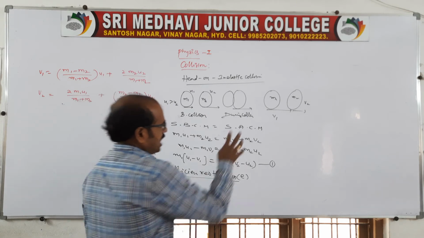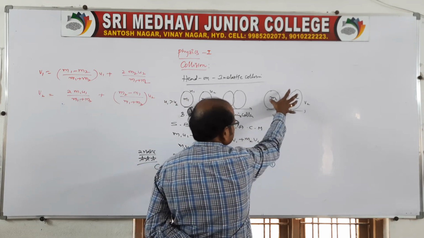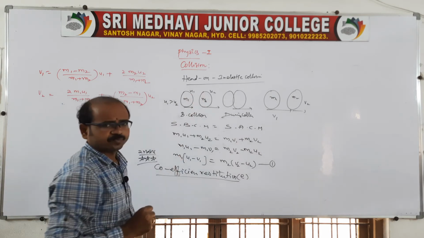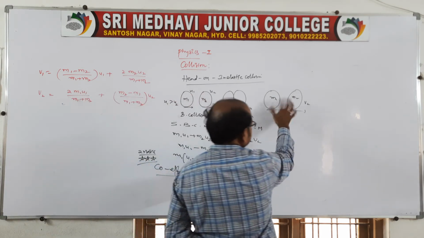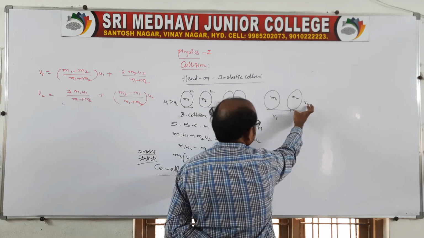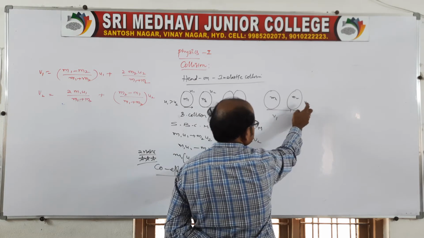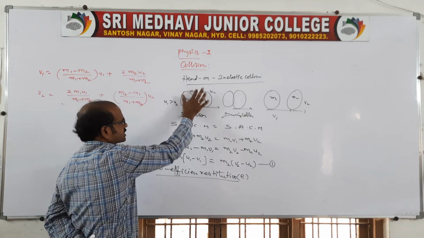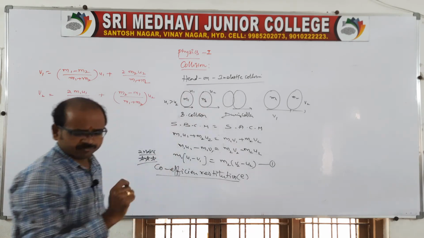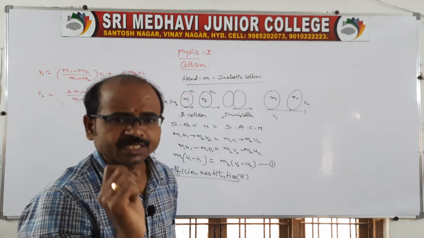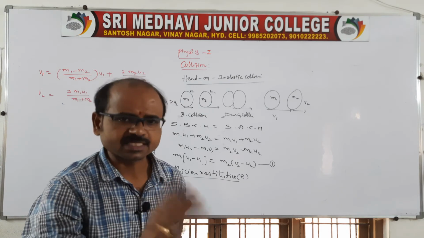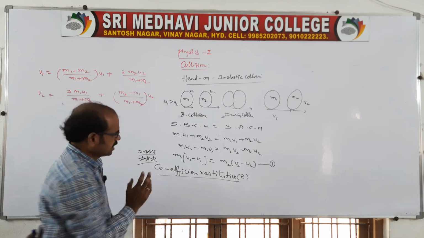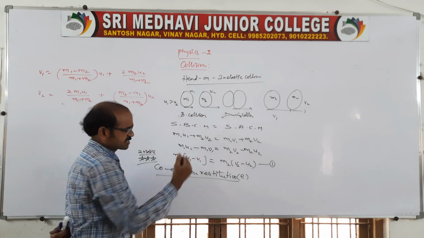See, after the collision, the two bodies are separating, and before collision, the two bodies are approaching, and there is a relative velocity between the two bodies. After the collision, the two bodies are moving with the different speeds v2 and v1, and before the collision, the two bodies are moving with the speeds u1 and u2. Therefore, the coefficient of restitution is defined as, once again I will tell you in the next class also, because there also we have applications. Right away for this derivation the statement is required.